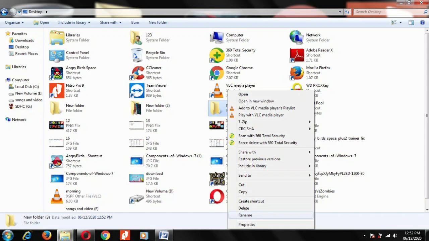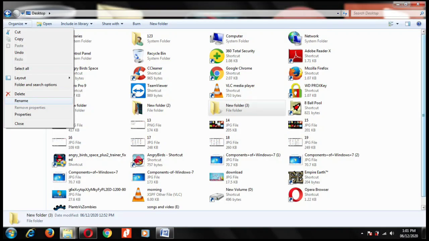We can rename by using one more option, that is using the Organize option. It is on page number 32. Select the file or folder.